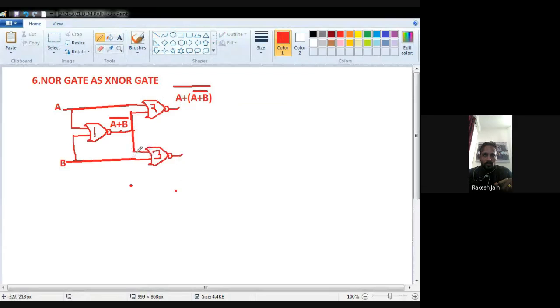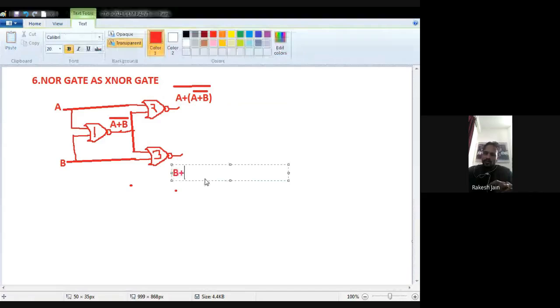So what will be the output here? What are the two inputs? One input is B, and one input is, you can consider anyone as 1 or 2, don't take attention about this, that the first line is the upper one, second is the bottom one. Anyone. So one is connected with the B, so one input is B and one more input is, because connected here, A plus B having a bar.